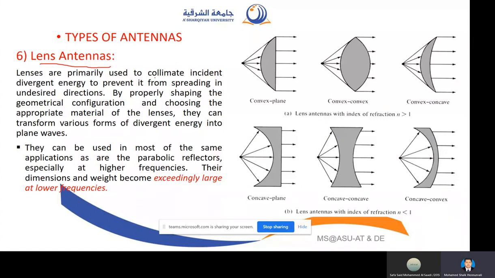See, lens antennas are primarily used to collimate incident divergent energy to prevent it from spreading in undesired directions. So for example, I have written one paper also in the journal. I will tell about that later. So first of all,